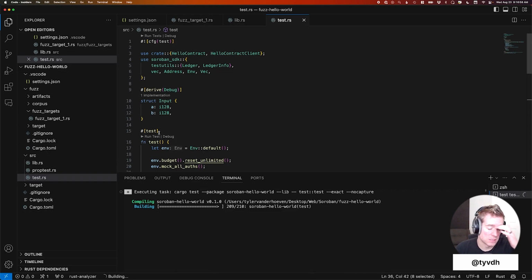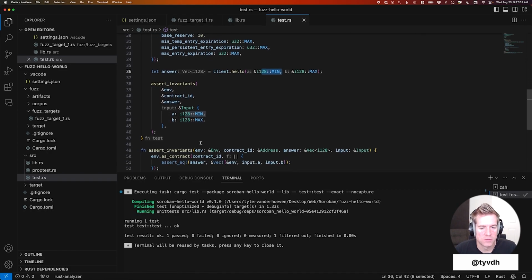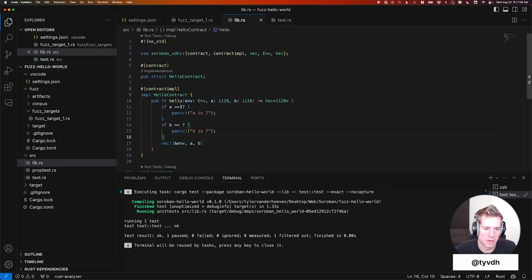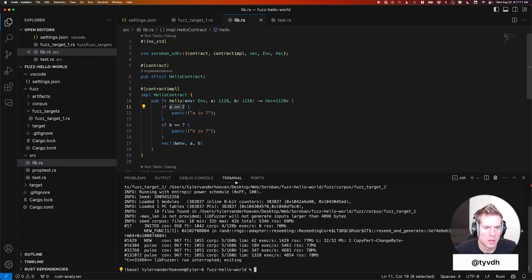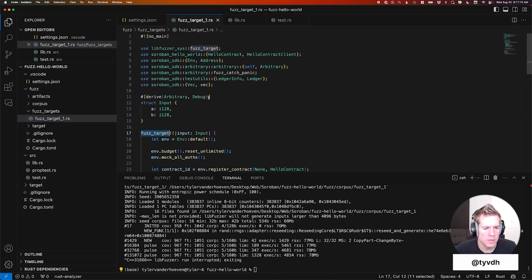So if we run a test here, we'll notice that it passes. So we might think, sweet, we've written a perfect contract. Never realizing that if we ever passed a 7, it would crash. Let's go back to our fuzz test, and we'll run this again. One thing that I'd like to call out that is not called out in the docs